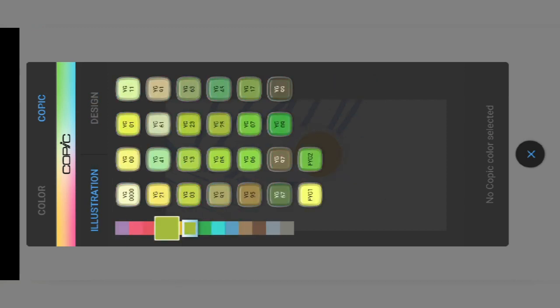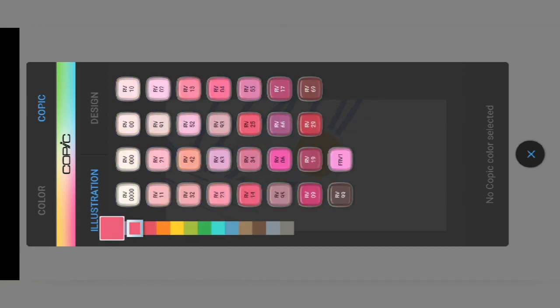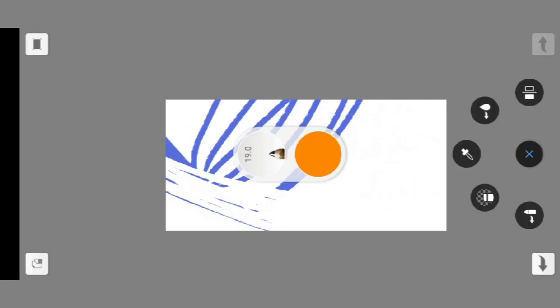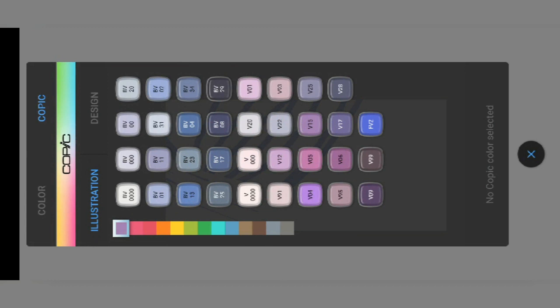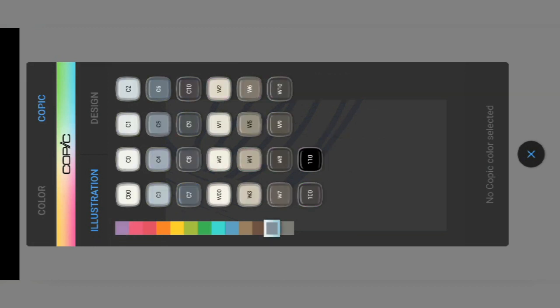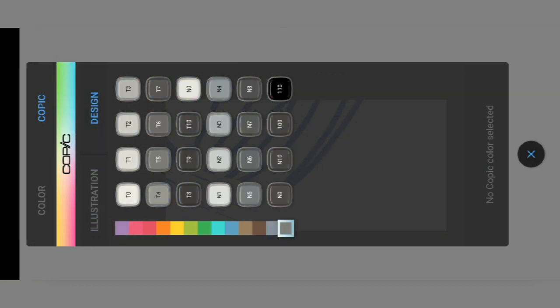You can find the same set of colors in design and illustration, like the color 110. Here also you can find that. It's basically that the gray section is just copied into the design one, but it's not the same with all the sections here.